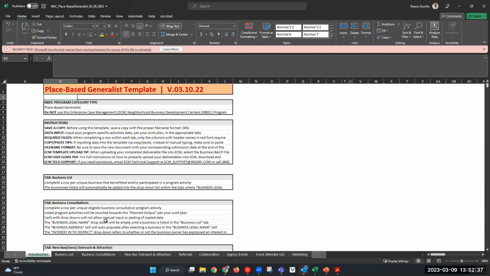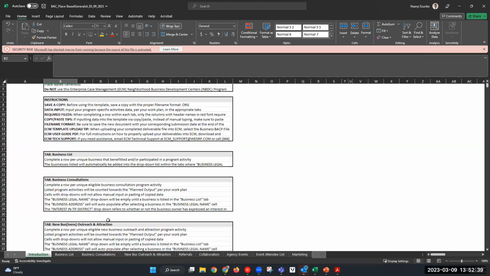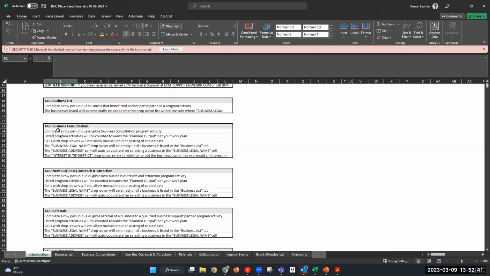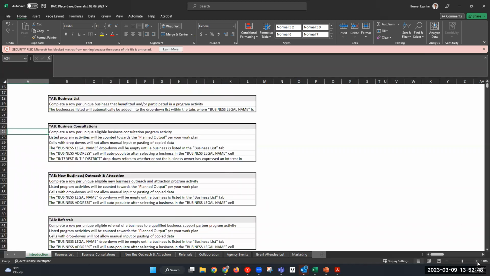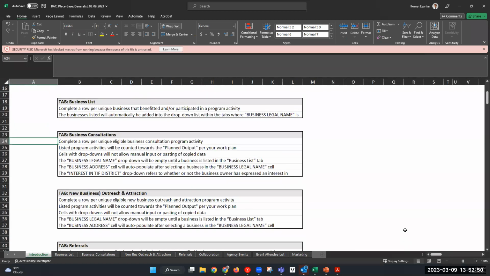This third tab is the business list tab. And as it instructs you to complete a row per unique business that benefited and or participated in a program activity.